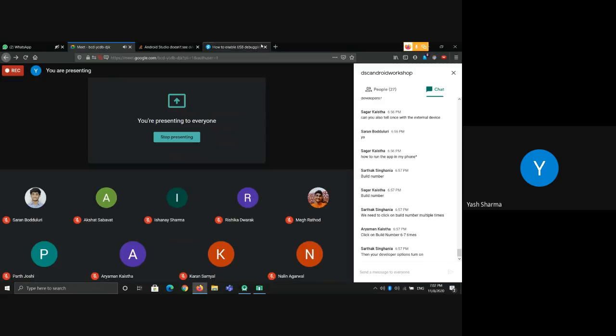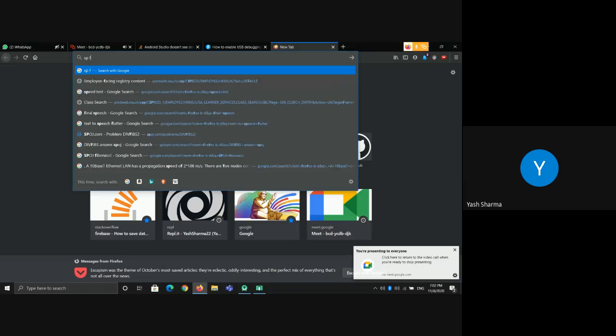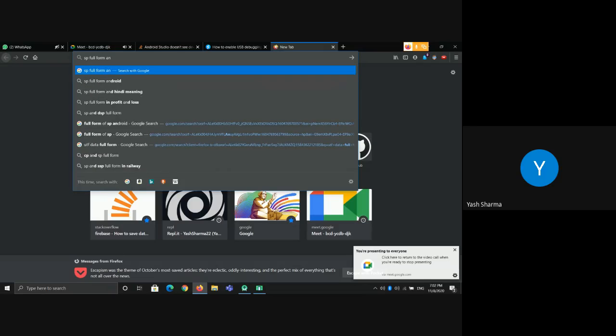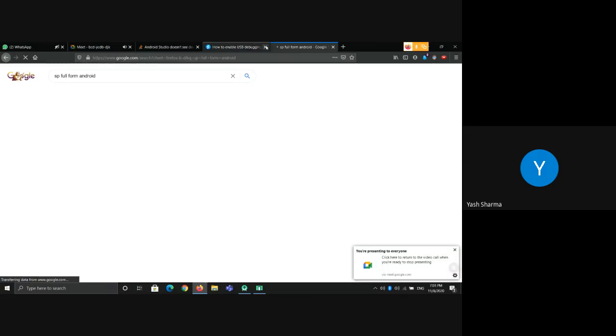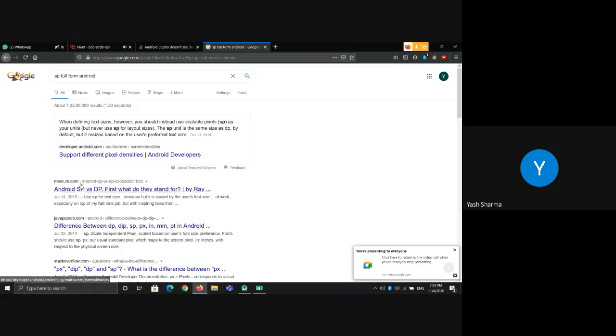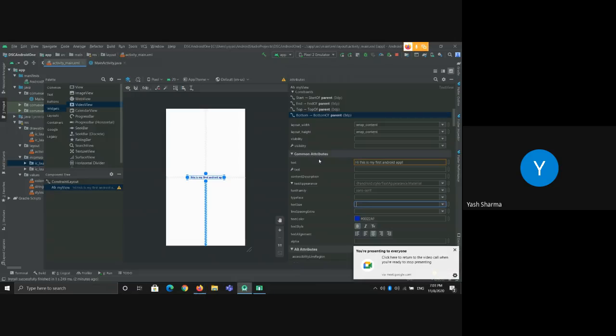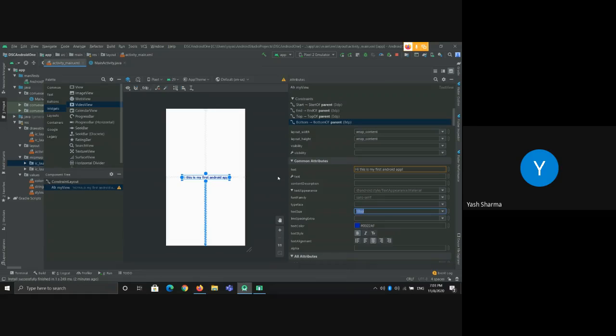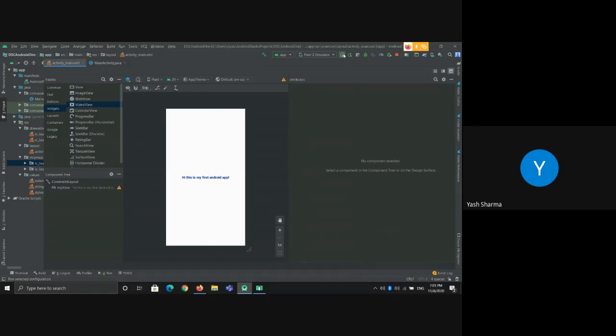You can Google it, the SP full form Android. So see, SP versus DP. It's scalable pixels, a unit of your text size. The text size here will be 18 SP. Now, when you run this app again,